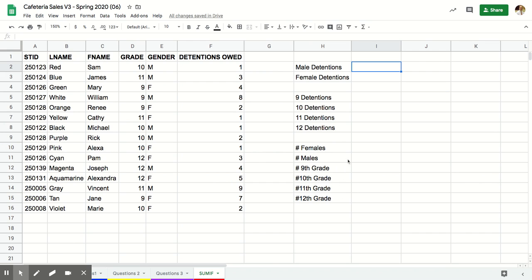These items here are really more: how many females do we have on the roster? How many males are on this list? And then how many students in the 9th, 10th, 11th, and 12th grades are on this sheet here? So I'd like you to write your answers right here in these cells, right next to the question. So the male formula goes here, the female formula goes here. Okay. So if we take a look at this real quick,